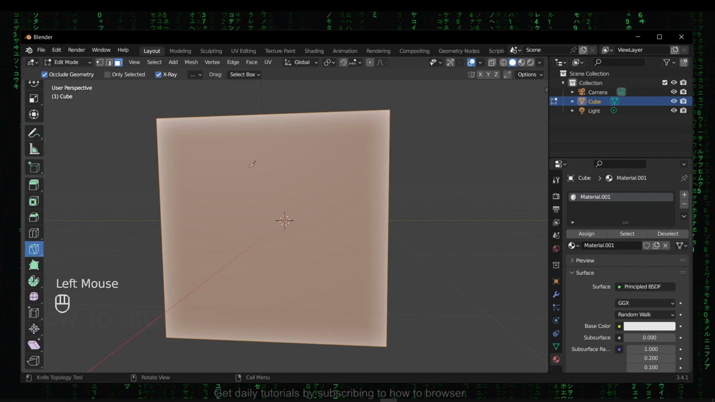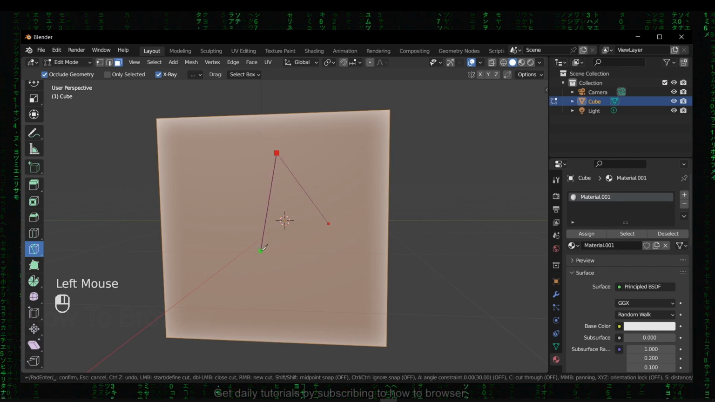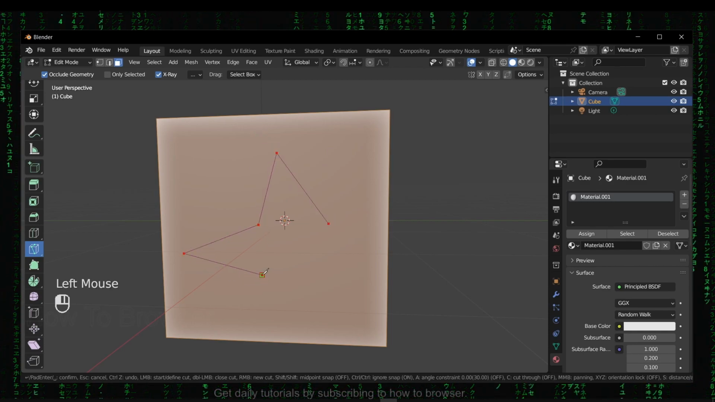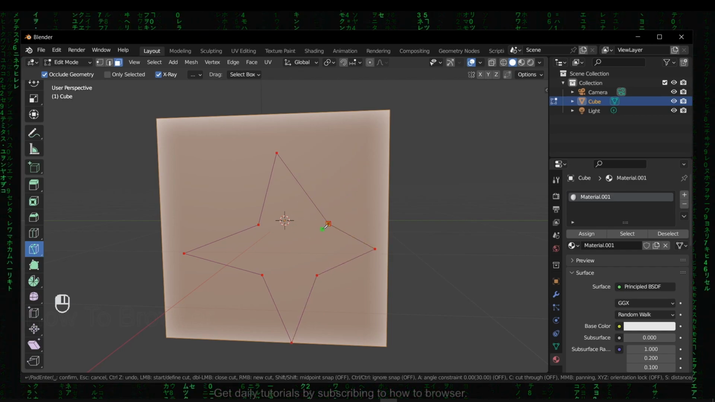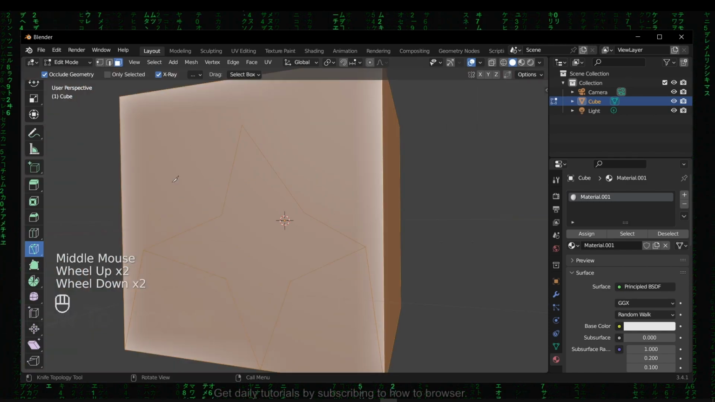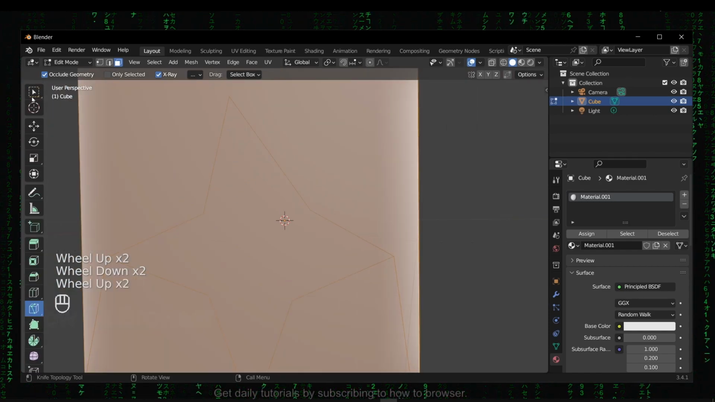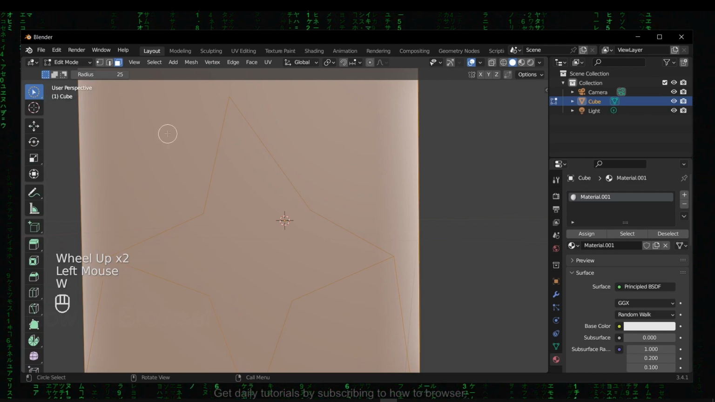Now let's create our star. So let's start from here, here, here, here, here, here, here, here, here. Now that's a very perfect star. I love it. Now what you have to do is go to select or press W,